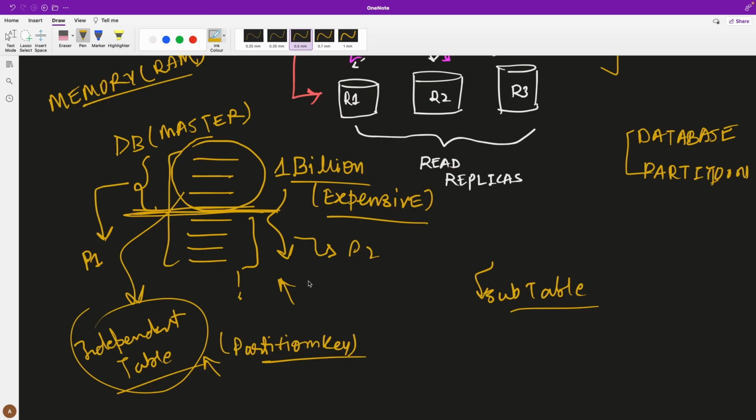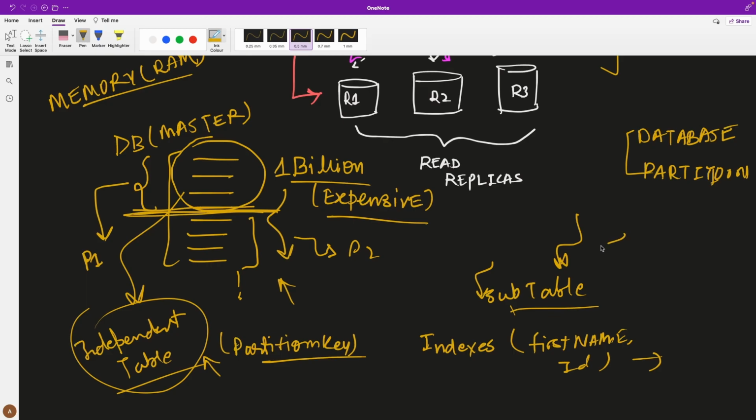Now what's the advantage that we're getting? So if you have certain indexes, let's say on first name, ID, these indexes could be on any field, right? These indexes are limited to the partition, because the database is managing these partitions as a separate or independent table.